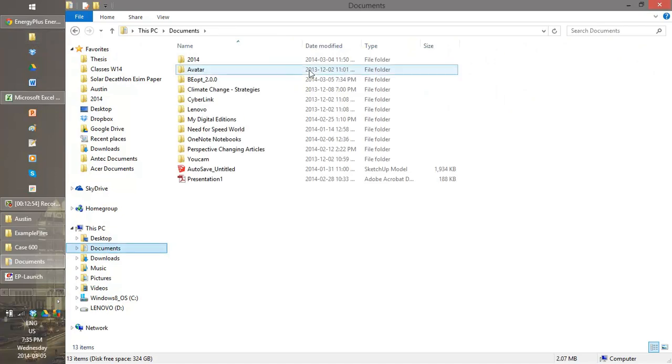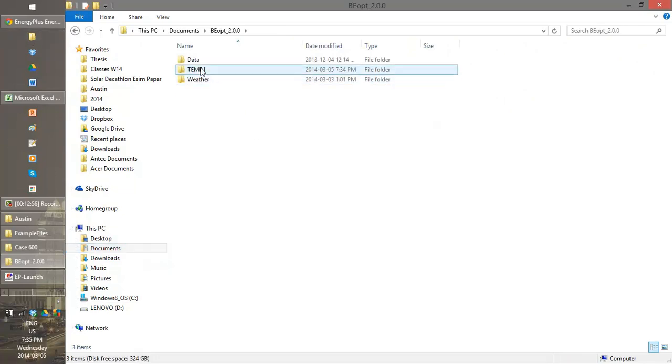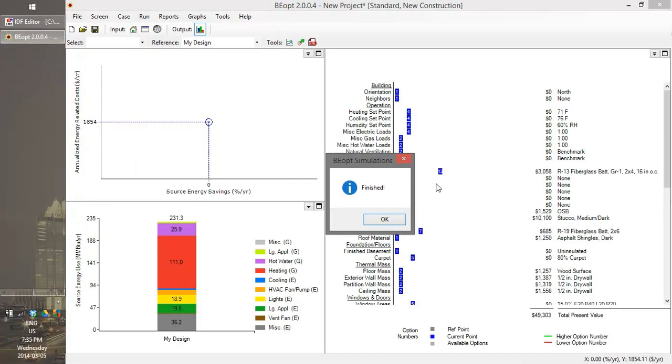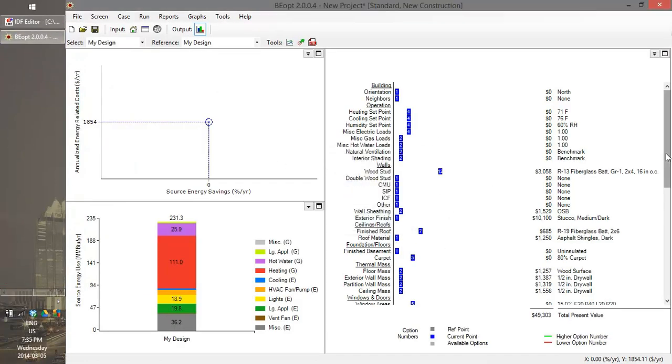So if I go to Documents, go to BEopt, this is the default directory that BEopt uses. It uses it right in your Documents folder. And this is what I just ran. This was the design that was running in BEopt. So here we have the house design here,